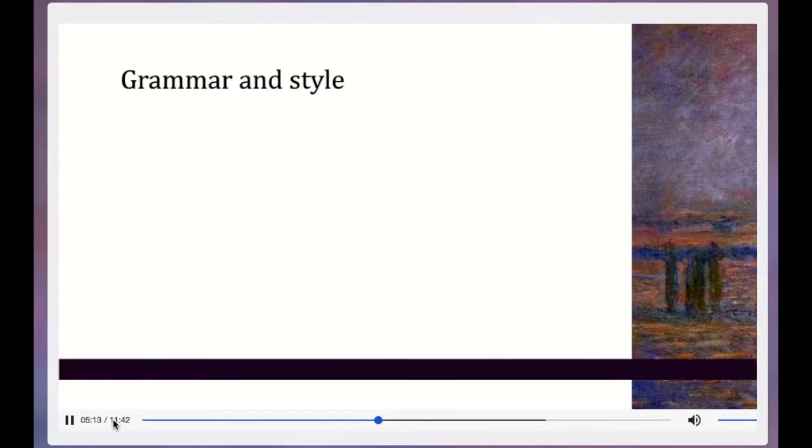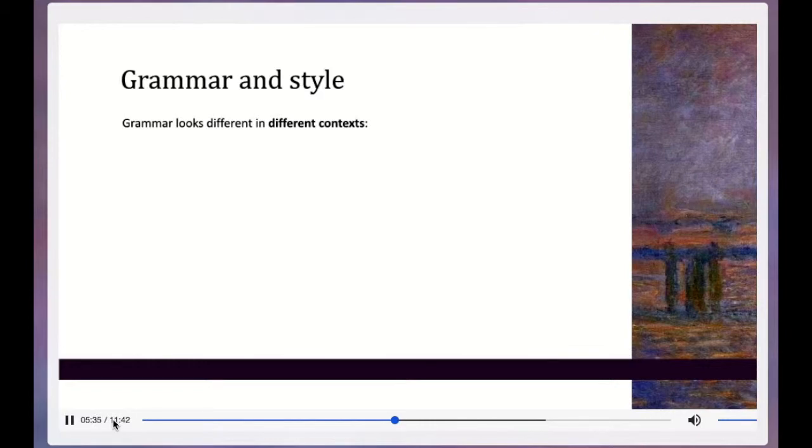Grammar is also related to style. You have most certainly noted that language does not look the same in all contexts. For instance, you probably use your language in quite different ways if you're writing a job application or if you're texting a friend. This difference in language level is not just about the words we use, but also about grammatical